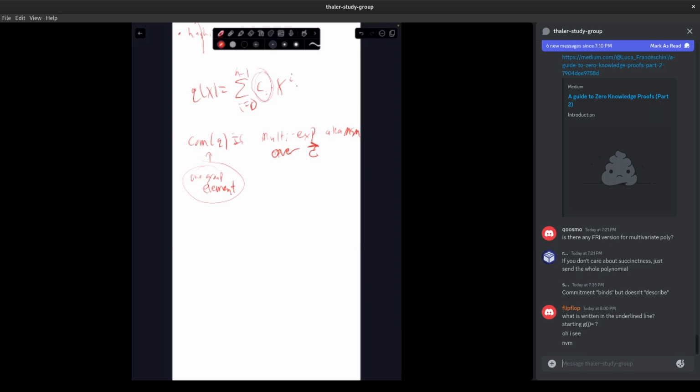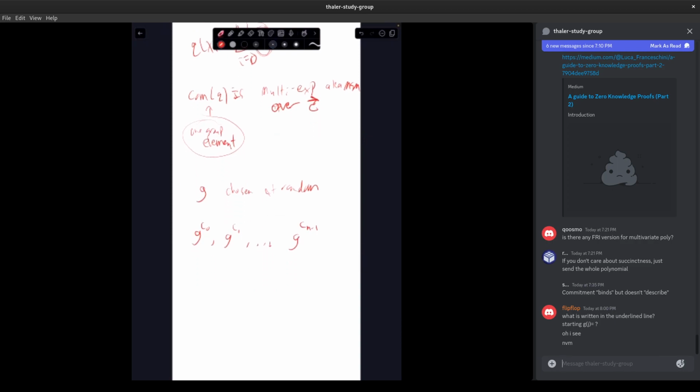Okay, let's say rather than trying to compress everything down to one group element, we first just wanted to hide the coefficients from the verifier, but we were willing to send them all to the verifier. Then what we could do is take a random group element G, chosen at random, and for each coefficient, we could just stick the coefficient in the exponent. So by sticking the n coefficients in the exponent of this one group element, we basically,